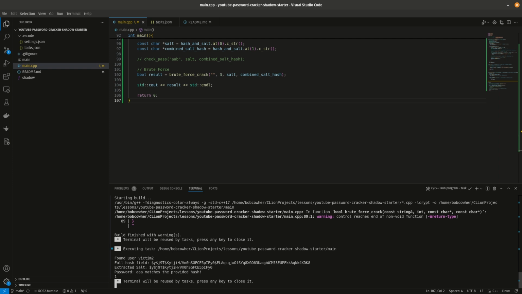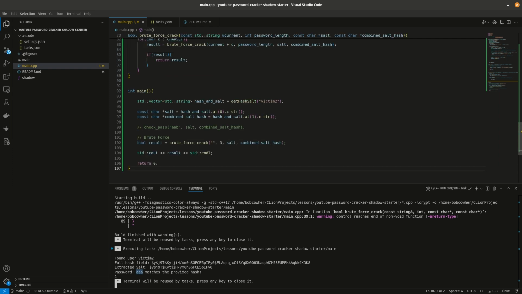All right, and then it says password AAA matches the provided hash. But obviously, in a real scenario, we wouldn't know ahead of time if the password was 3 characters. So how do we solve that? We can say int max password length, and let's just make it 16. And then we'll say for int i equals 0, i less than max password length, and i++,